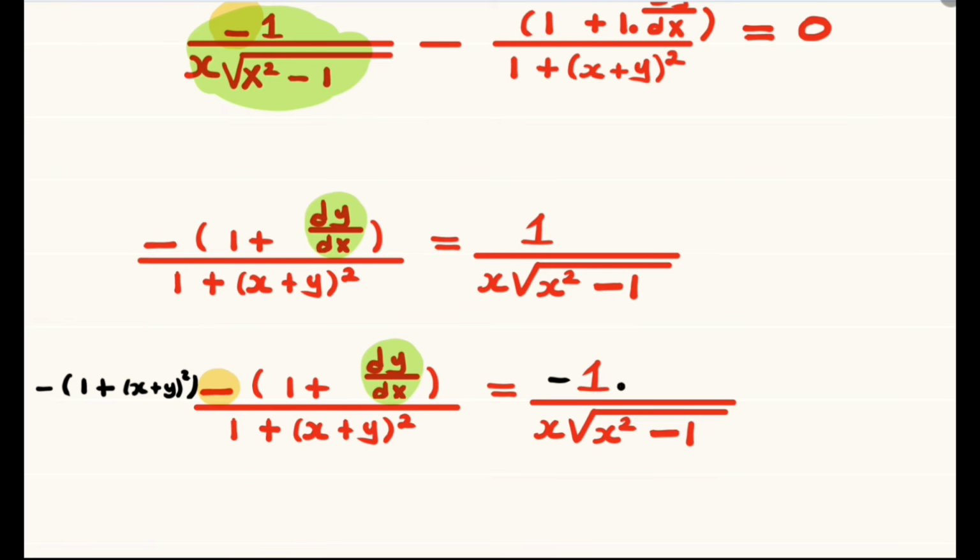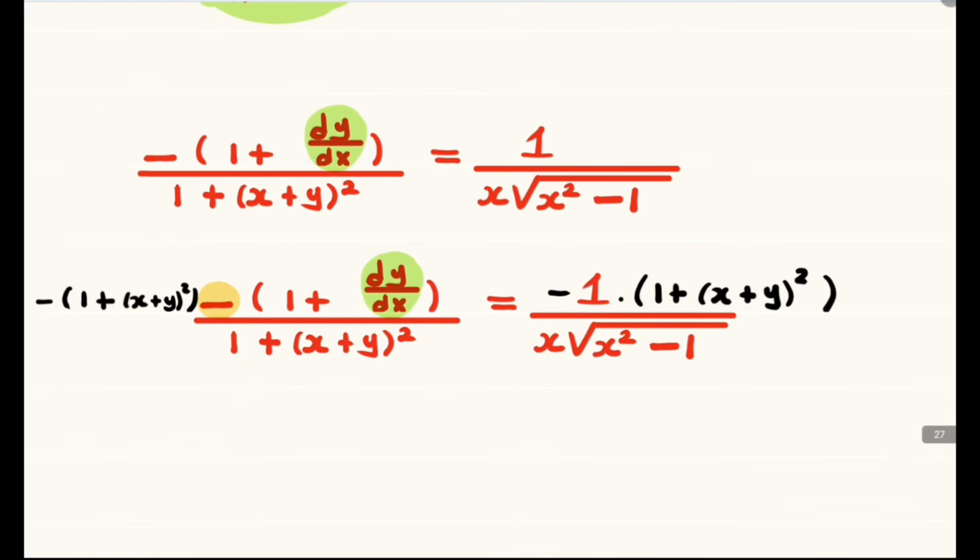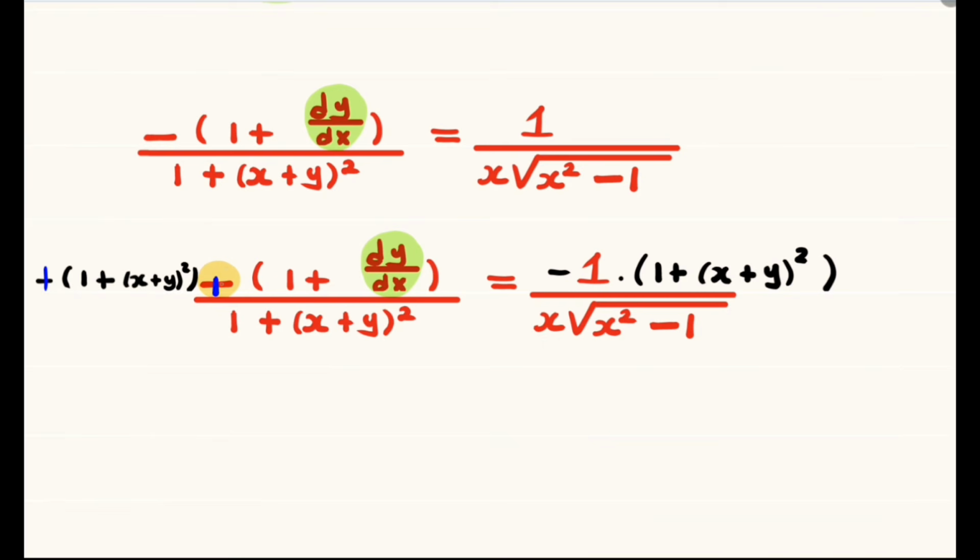What we do on the left, we do on the right. We have minus multiplied by 1 plus x plus y raised to the power 2. On the left hand side, the negative and the negative will cancel out, and that will also cancel out with what we have in the denominator, and we'll be left with 1 plus dy over dx